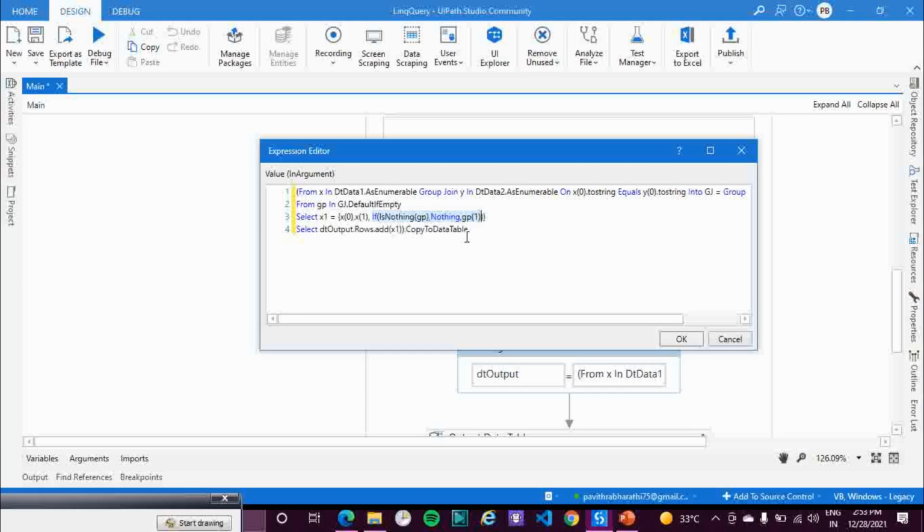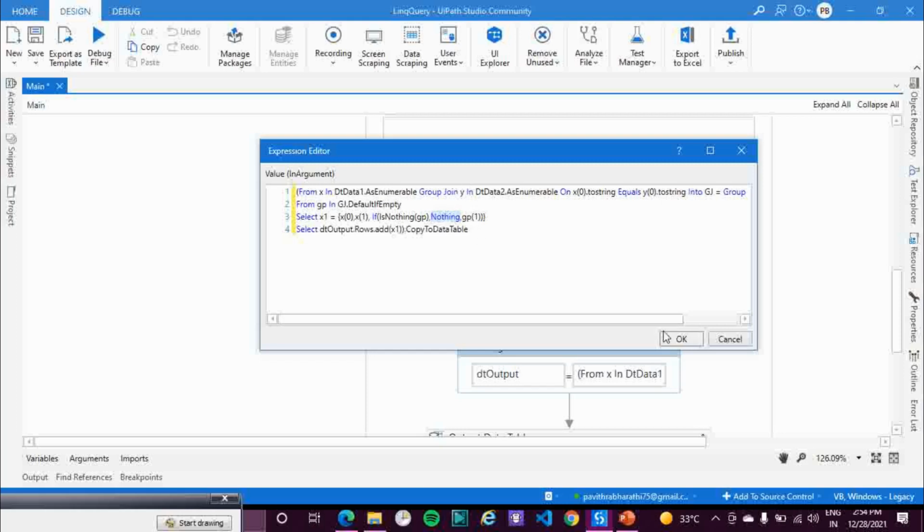So to avoid such errors, we should use a condition stating if the variable is empty, then just type it as empty, otherwise use whatever there is in the variable. This usually helps us avoid such issues, such as null pointer errors, and so on.